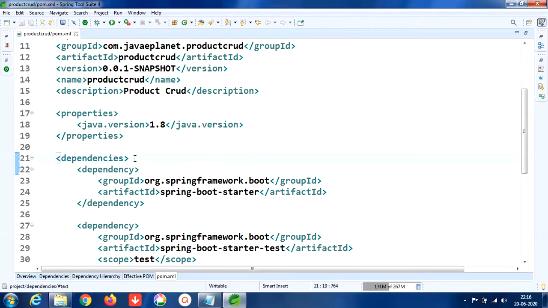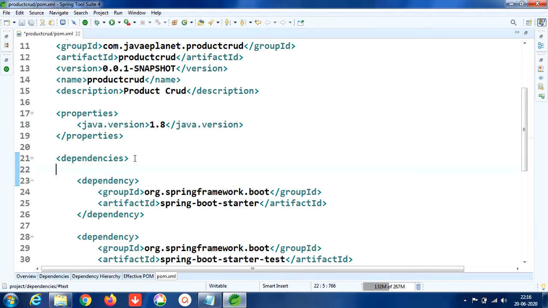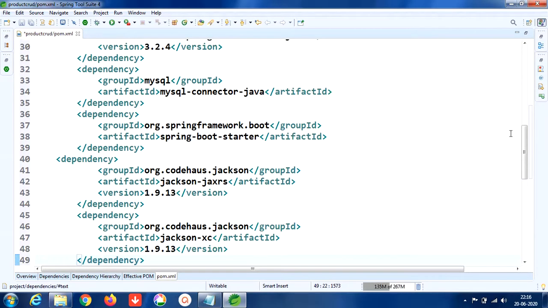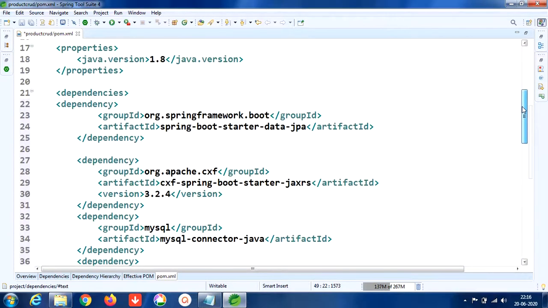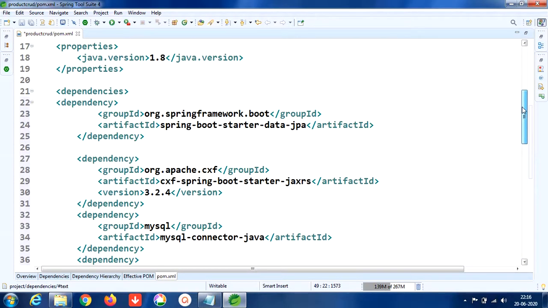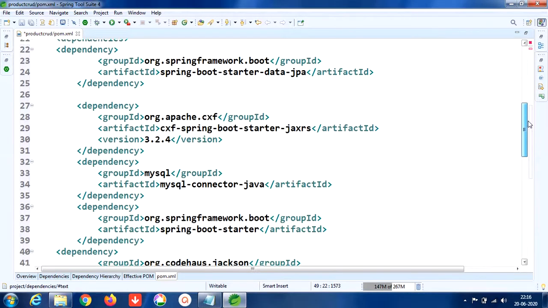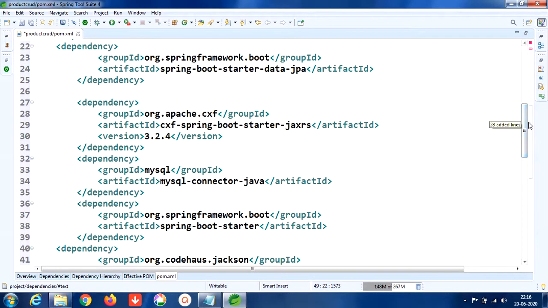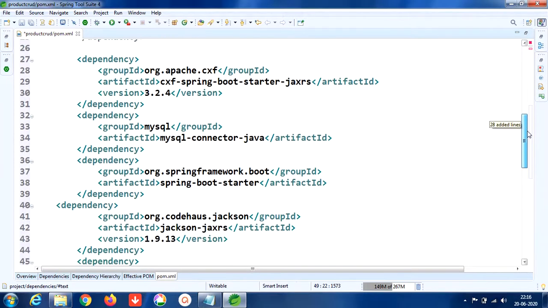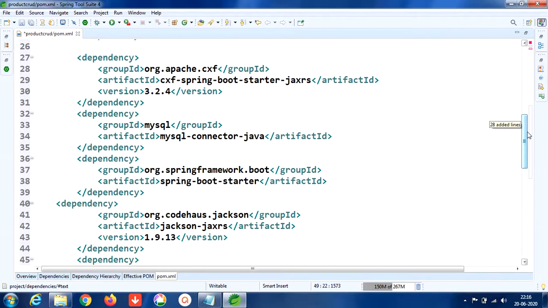Add them inside the dependencies section. Here I added the JPA dependency and Apache CXF. It is the REST API dependency, and the MySQL connector dependency to connect with the databases, and the Spring Boot starter dependency.